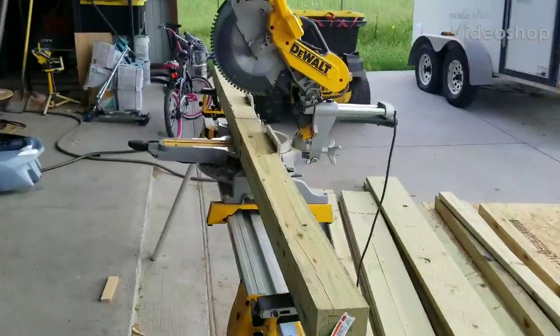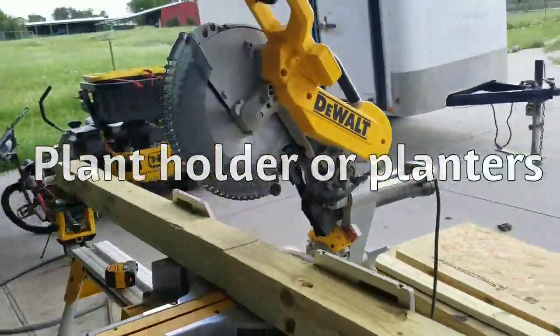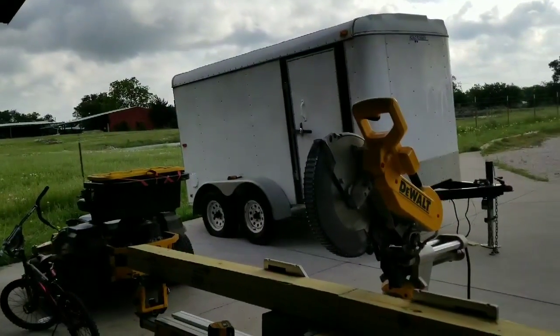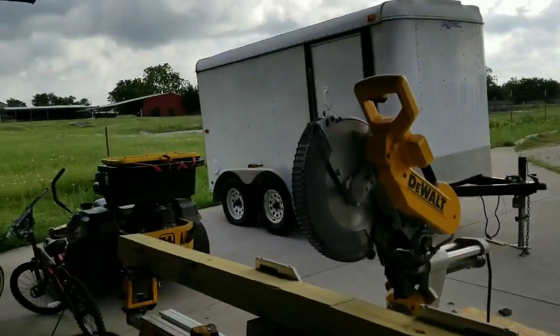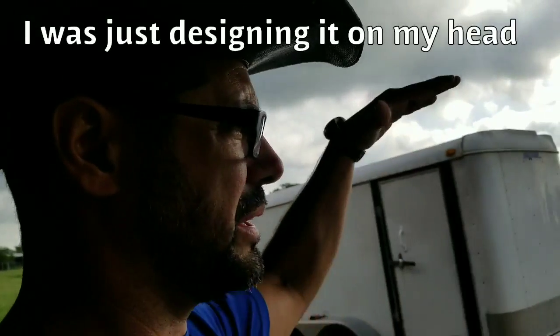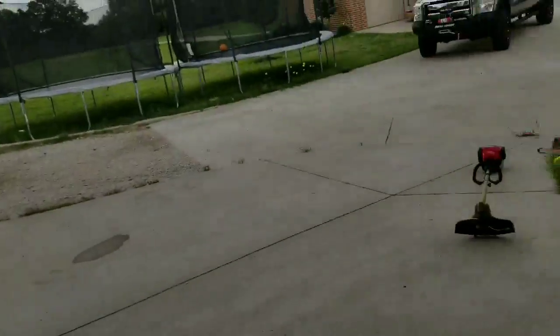All right, today we're going to be making basically a plant holder, and it's going to be two stages. On the top, it's going to be a plant urn, and then on the bottom it's going to be another one. So it's going to be about 4 feet high, and then the other's going to be probably 3 feet, maybe a little less on height. And we're gonna put it